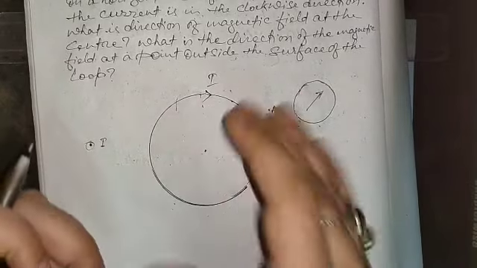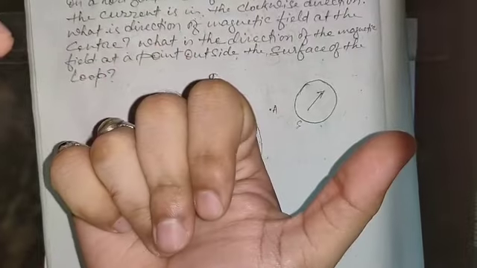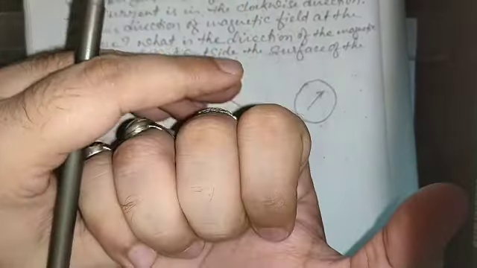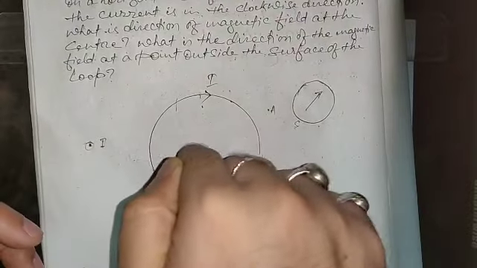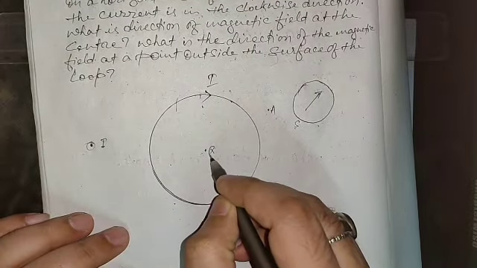At the center, we will have to simply put our thumb along the direction of the current, and the fingers will curl along the magnetic field lines. So see, it will go like this, isn't it? So it will go inside. Inside means cross field. For inside, I had told you that you have to show the cross.